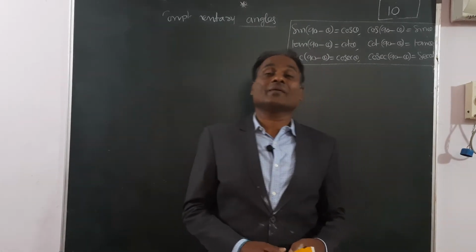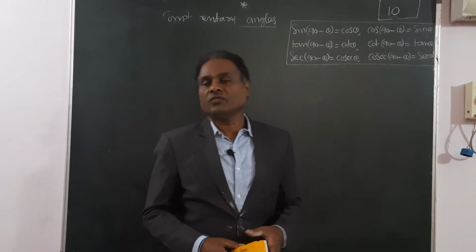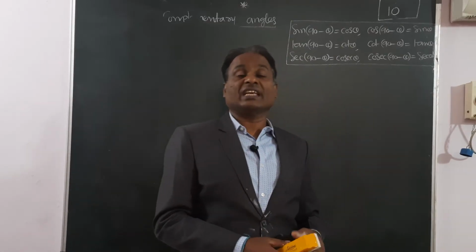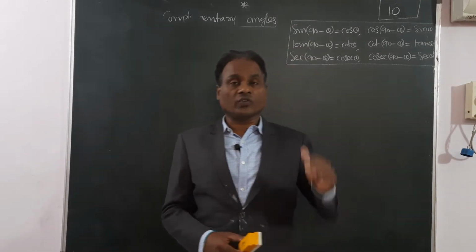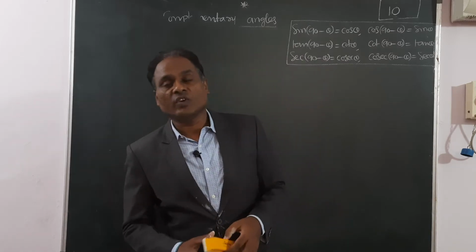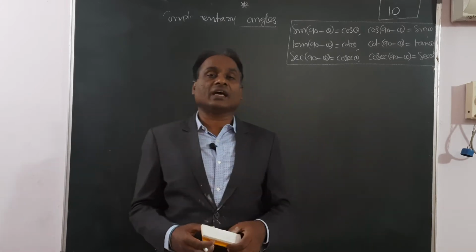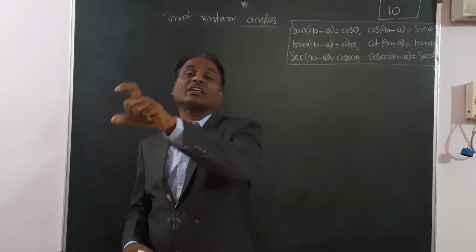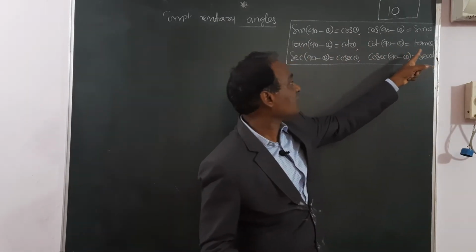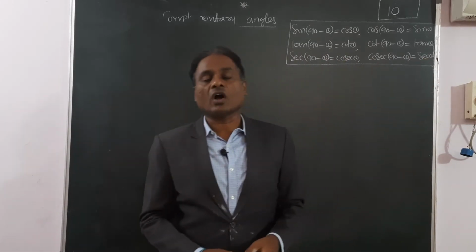So in 10th class mathematics, we are continuing our chapter trigonometry, and we defined all the 6 trigonometric ratios, and we also discussed the values of trigonometric ratios for some specific angles. And in yesterday's class, we also studied complementary angles. That means for 90 minus theta, sine changes to cosine, cosine changes to sine, tangent changes to cotangent, cotangent changes to tangent, secant changes to cosecant, cosecant changes to secant, like this. So complementary angles also we studied.